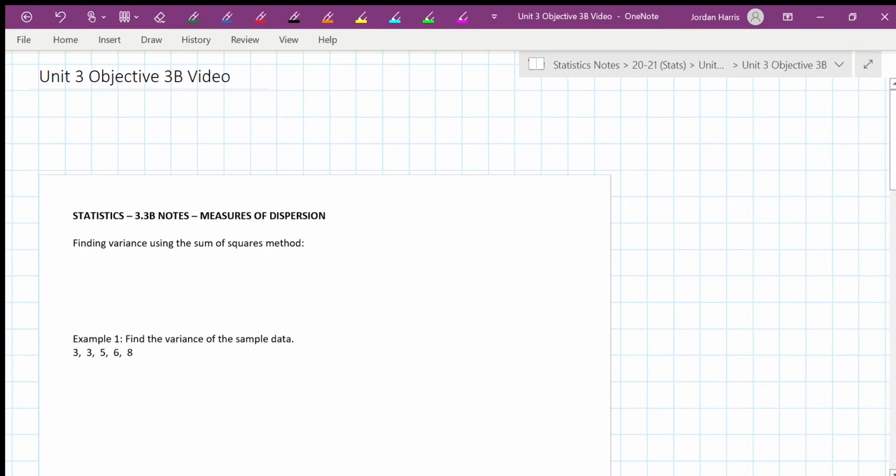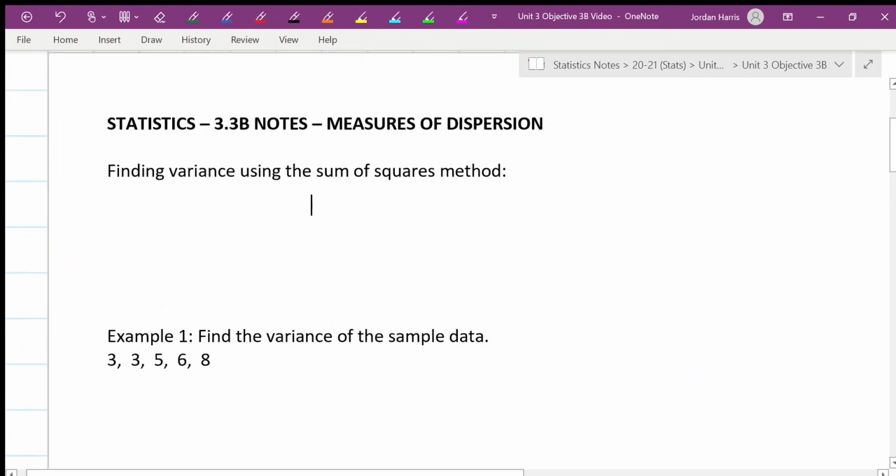This is 3.3b notes, measures of dispersion. So we're still looking at measures of dispersion, and we're specifically still looking at variance and standard deviation, but we're going to use a different method to find the variance. Remember, standard deviation is the square root of the variance. So if it asks for standard deviation, you find that by